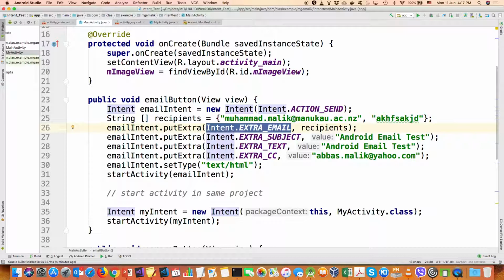In the email, extra underscore email is the name of the information that we are attaching with this particular intent. Intent, you can say, is an envelope, and inside that envelope we can put different information. The Android will open that envelope, look at that information, and decide what action or what application or what type of services this particular intent is asking for. Because we put that extra email, extra subject, the subject of that particular email, extra text, the text that will